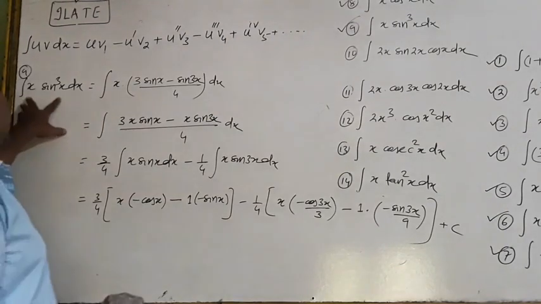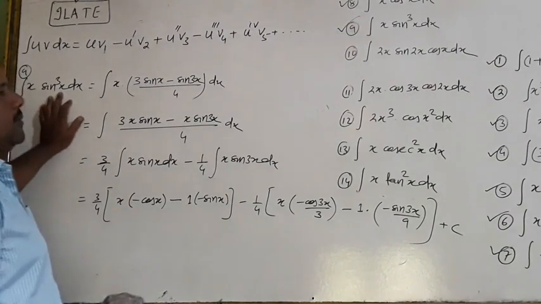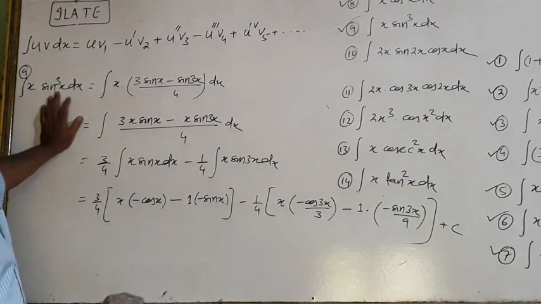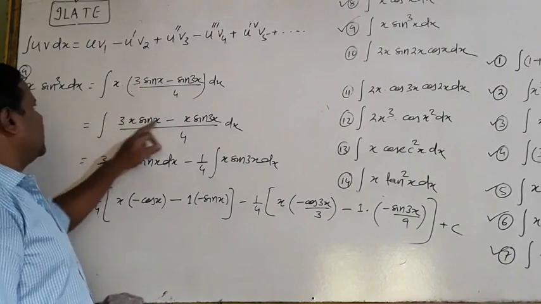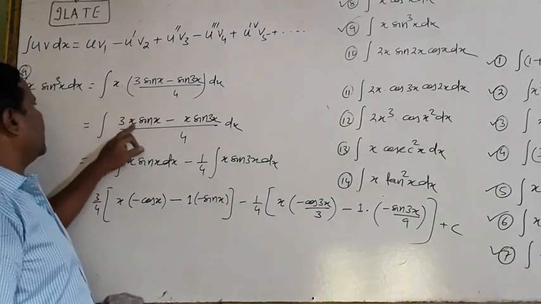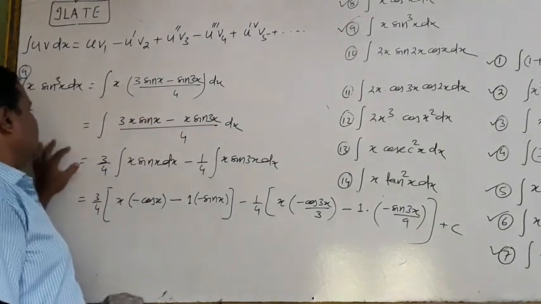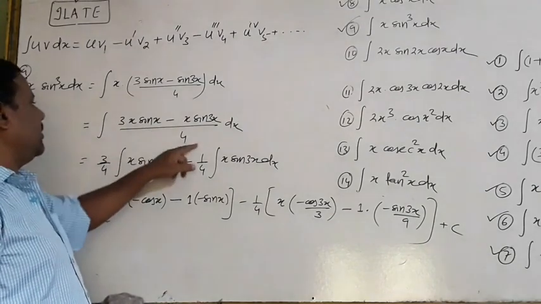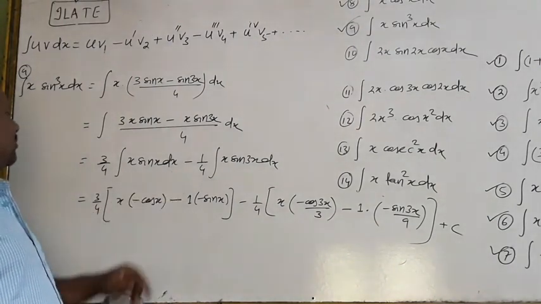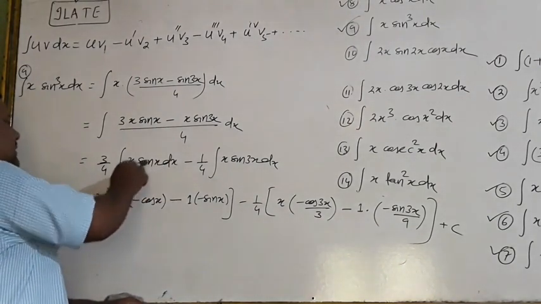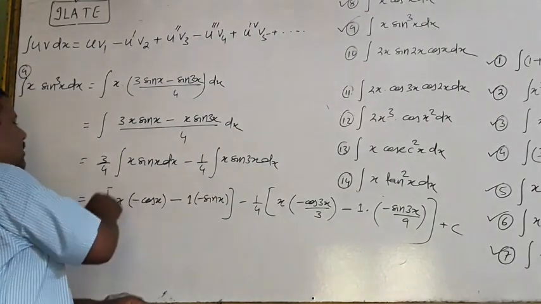Now for x sin³ x, you know there is a formula from sin 3x which I have told you in my third chapter, that sin³ x is (3 sin x minus sin 3x)/4. Multiply by x, it becomes 3x sin x minus x sin 3x, over 4. Here 3/4 will come outside, it is x sin x minus 1/4 x sin 3x, and it is 3/4. You apply the formula to x sin x dx: first into integration of second, minus derivative of first into integration of second, or a whole integration.